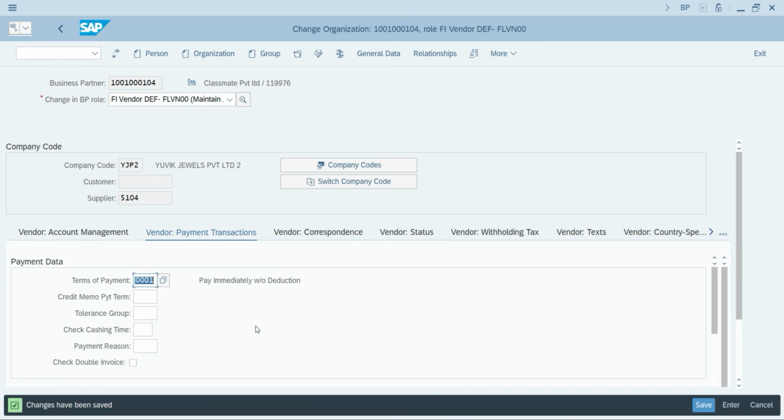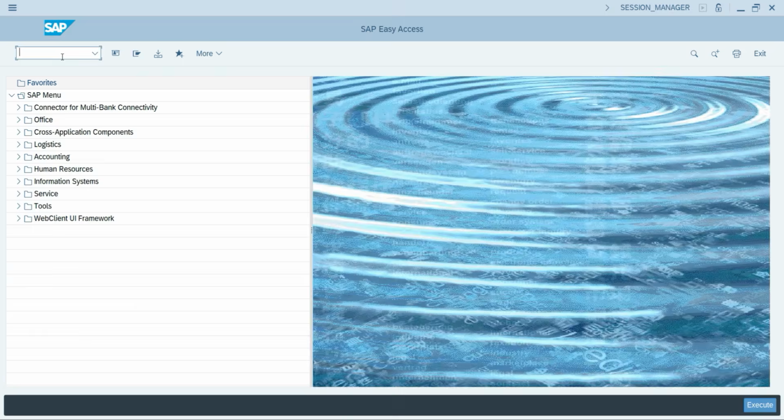Alright. So what can we do? We created the business partner. We created the business partner and vendor. We created three to four business partners and vendors. Now we need to post the document entry, or post the vendor invoice in accounts payable. But before creating the vendor invoice, I'll teach you how you can check your business partner or vendor by using